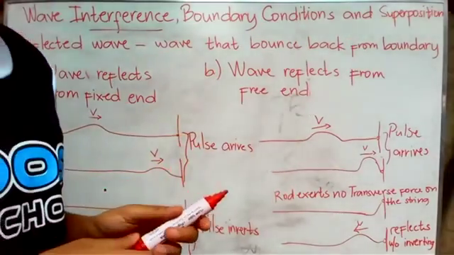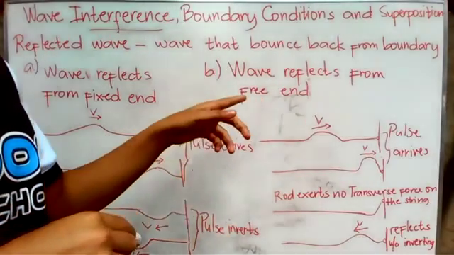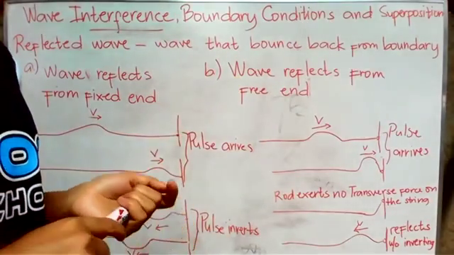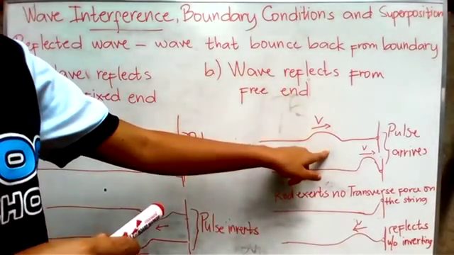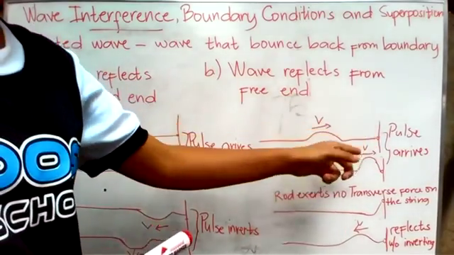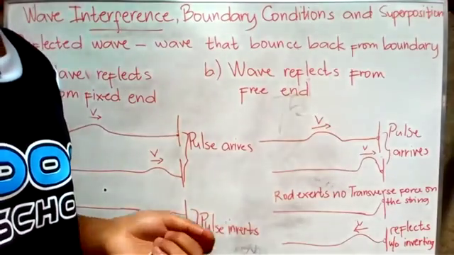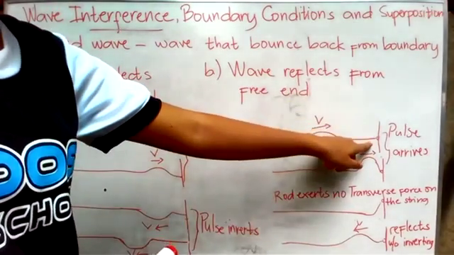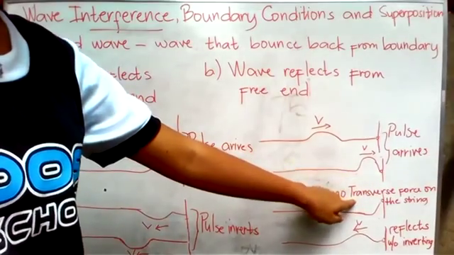So the other situation is the free end, one that is perfectly free to move in the direction perpendicular to the length of the string. The string may be tied to a light ring that slides on a frictionless rod. The ring and rod maintain the tension but exert no transverse force.